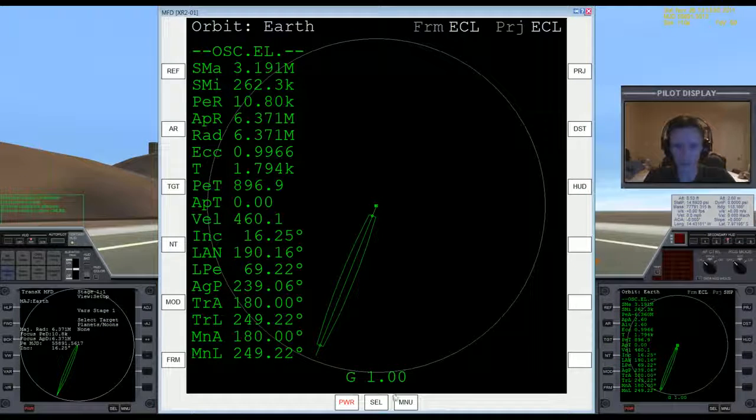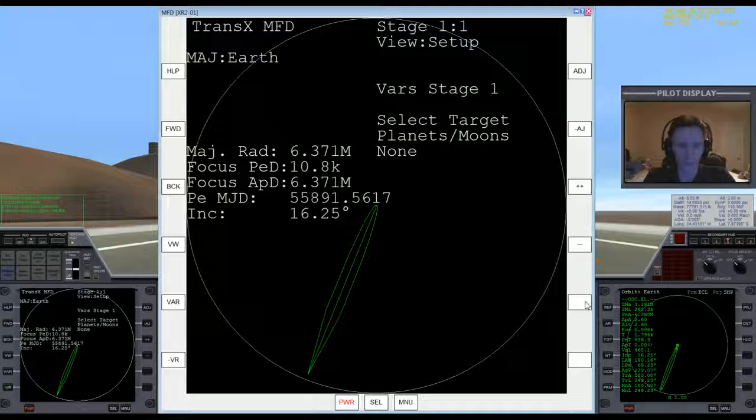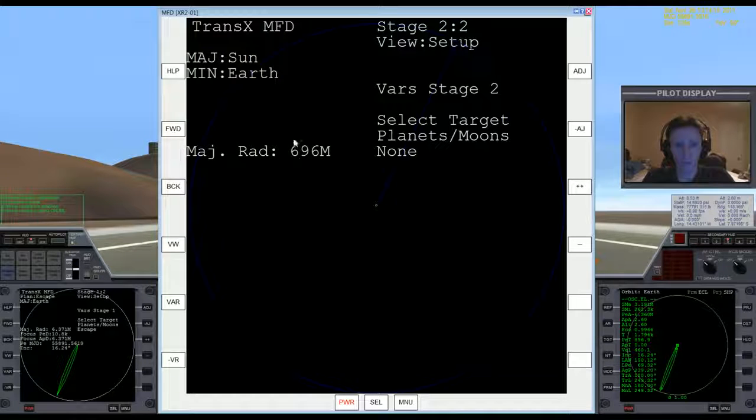So you have TransX loaded over here, and we'll do most of the work here on this side where we have the nice larger view. And in the interest of time, I'm going to go through this even more quickly than I did in the first part, trusting that if you need more step by step, then you can always refer back to that other video. So again, plus over to escape, forward,